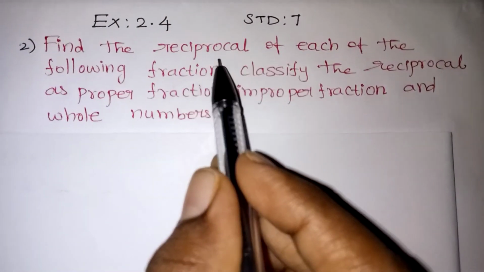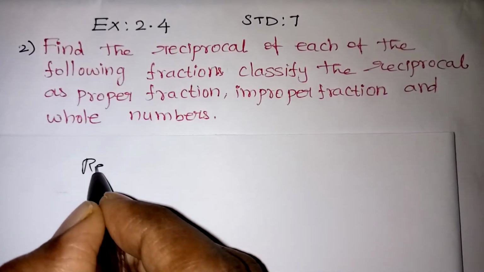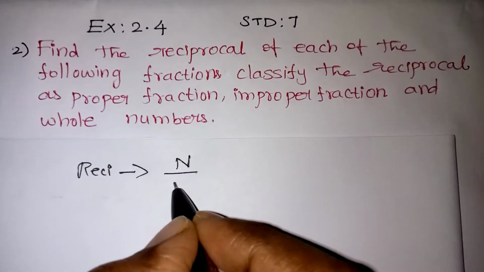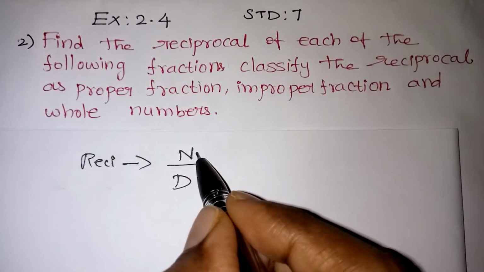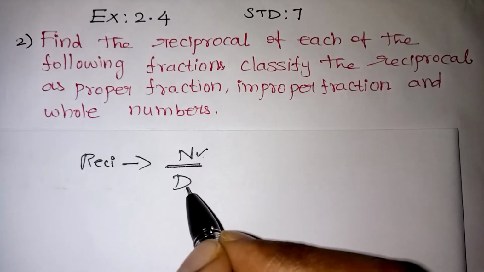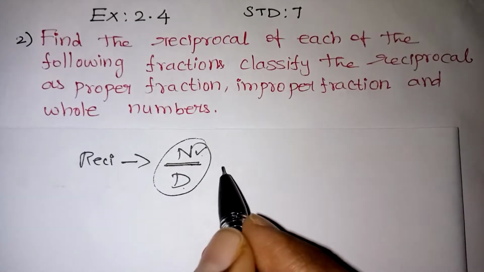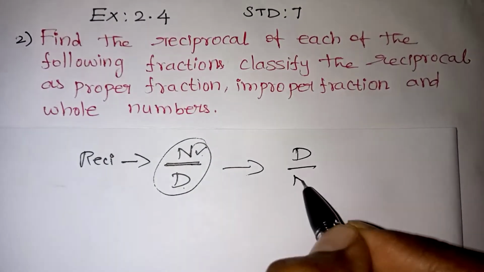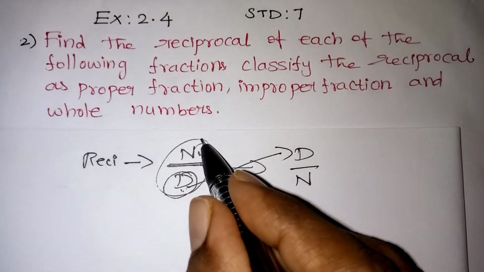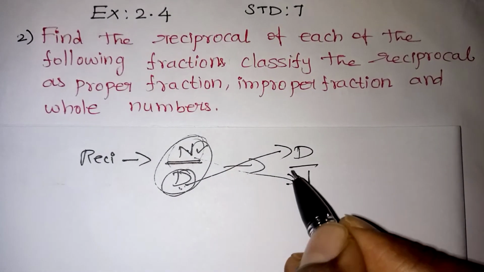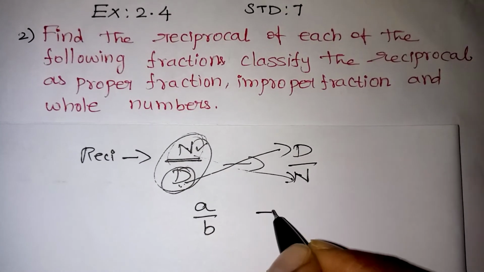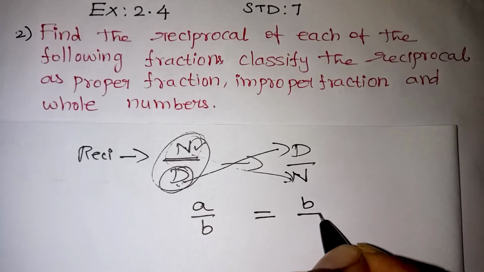First we must know what is meant by reciprocal. Reciprocal is nothing but we have the numerator by denominator as a fraction. The upper part is the numerator, the denominator is the part which is coming down. Now reciprocal of this term will become denominator by numerator. The term in the down part will go up, and the numerator will come down. That place will get changed. Suppose I am having a by b, you have to write it as b by a.